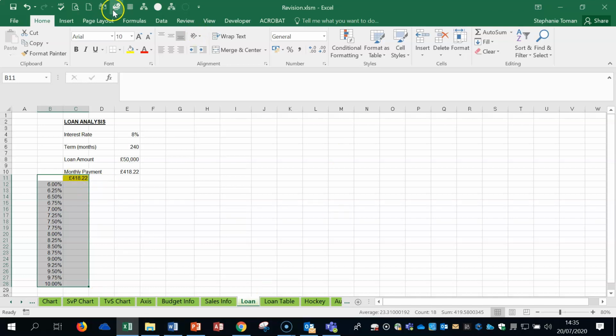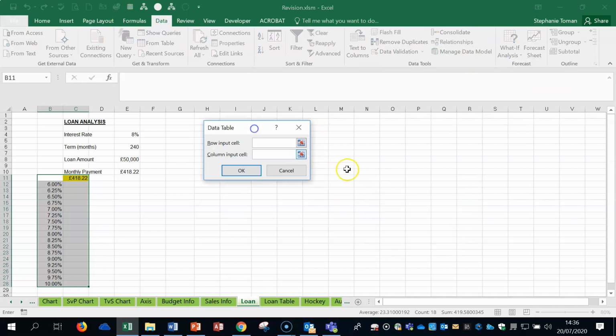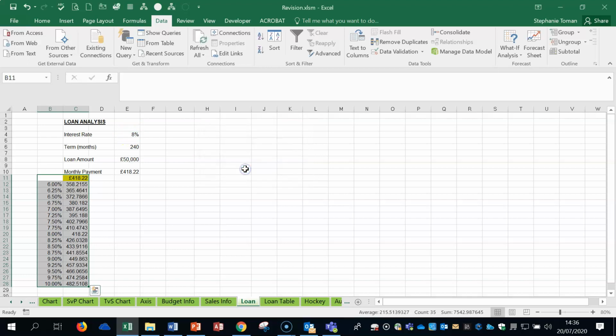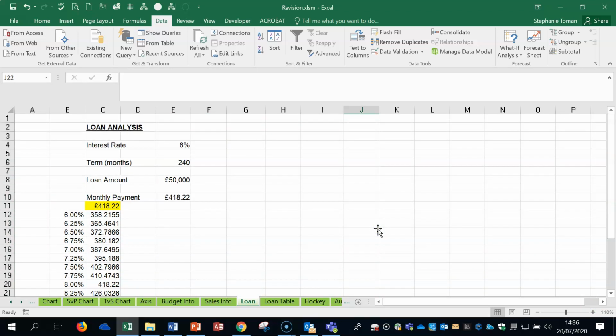Okay, so remember we go to the Data tab, What-If Analysis, Data Table, and you look to the spreadsheet for the answer because all the information is going to be on there, and we're completing the column, so we're going to use the interest rate in the column input cell, and there you go. Remember, you cannot undo on this one. It's one of those you can't undo, so if you get it wrong you need to delete that data out